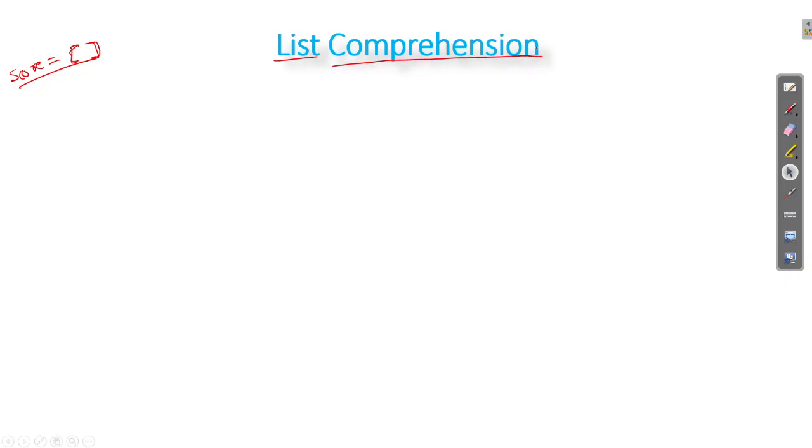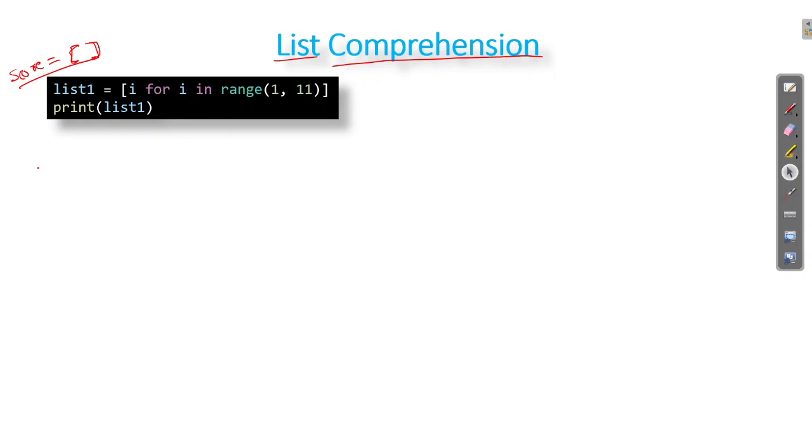If you can see this, what we have done here is this list one is a variable. You can see square brackets, so it will be a list. But how we are populating it is this: we are going over the range of 1 to 11, and for i, which is the loop variable, we are storing that value in the list.